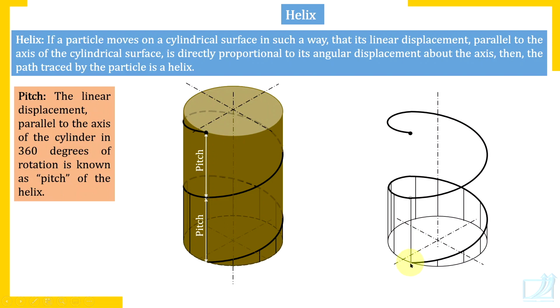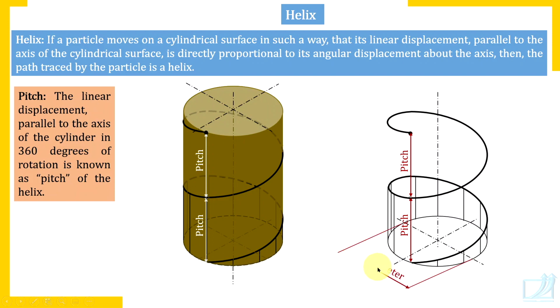So here try to understand. The particle starts here, and after 1 complete revolution, that is, its next position is exactly above the initial position. The distance covered parallel to the axis of the cylinder is pitch. Remember, cycloid and involute, these 2 curves are plane curves, but helix is a 3-dimensional curve. Right now what you are watching on the screen, these are 3-dimensional views of the helix. But you are not drawing these 3-dimensional views, you are going to draw the front view and top view of the helix.